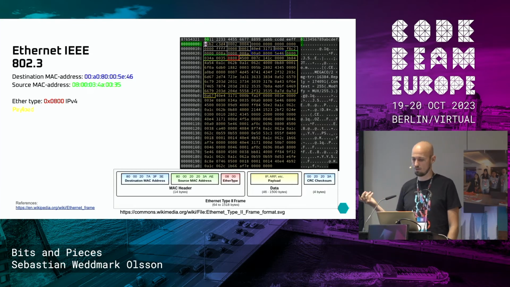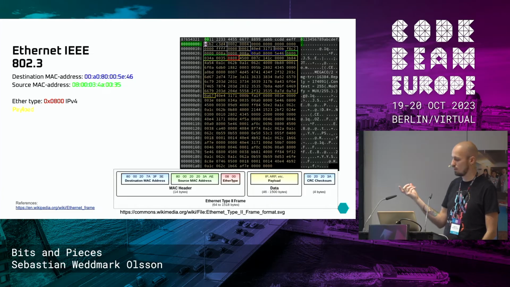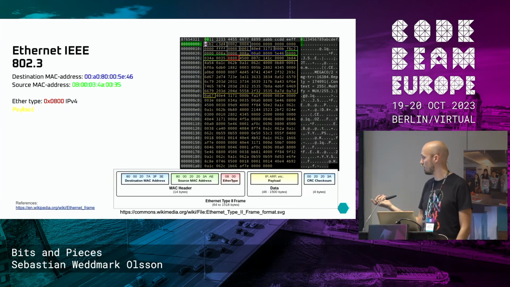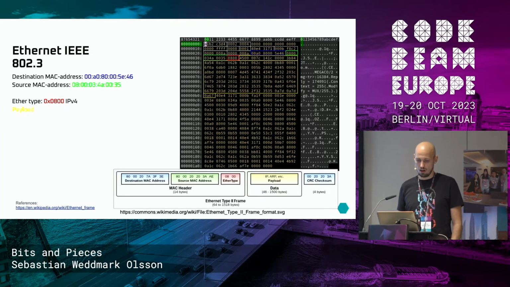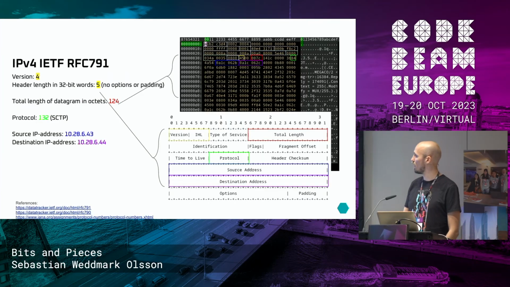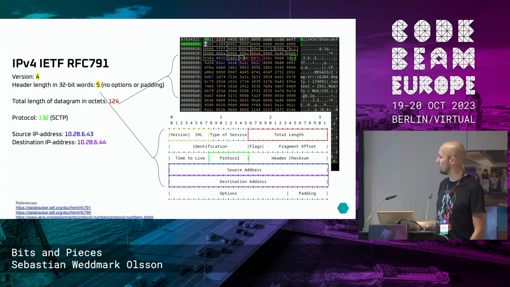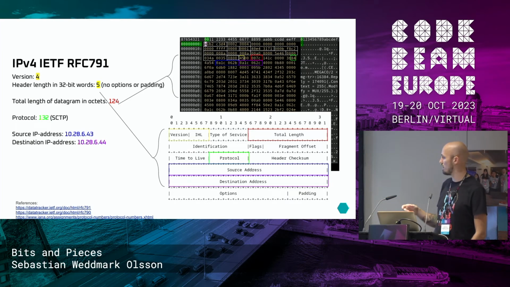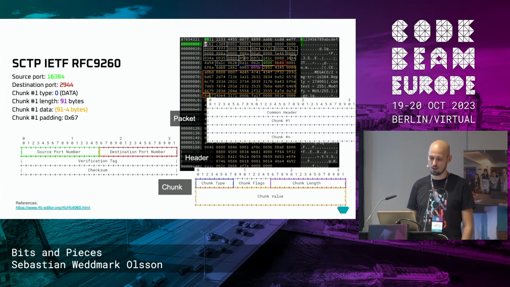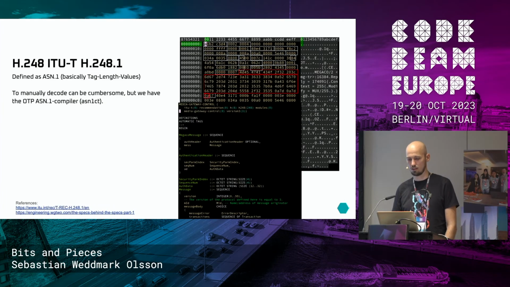And it also has a header containing some destination address, some source address, and then a type describing what is being carried in that Ethernet frame. And here we have IPv4. And you can continue into the IPv4 specification, and you start seeing a pattern where you usually have a field in the header containing what information is being carried in the payload. So you can continue and decode all these packets until you get to the application